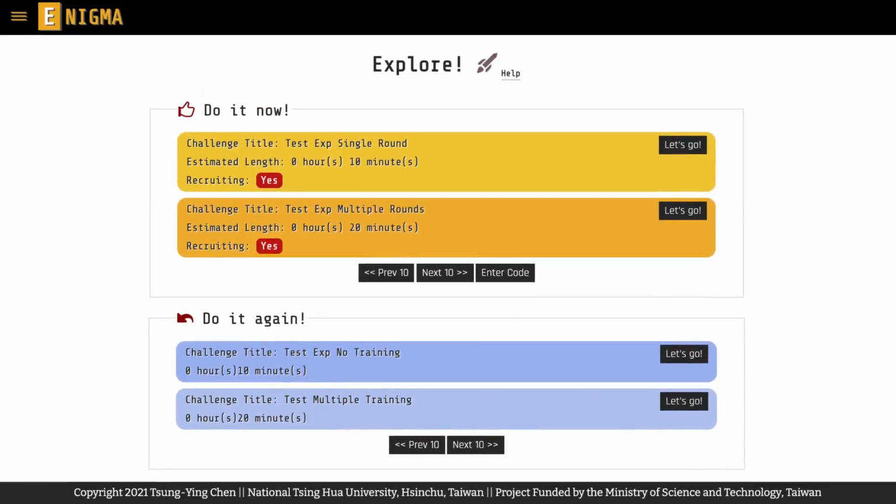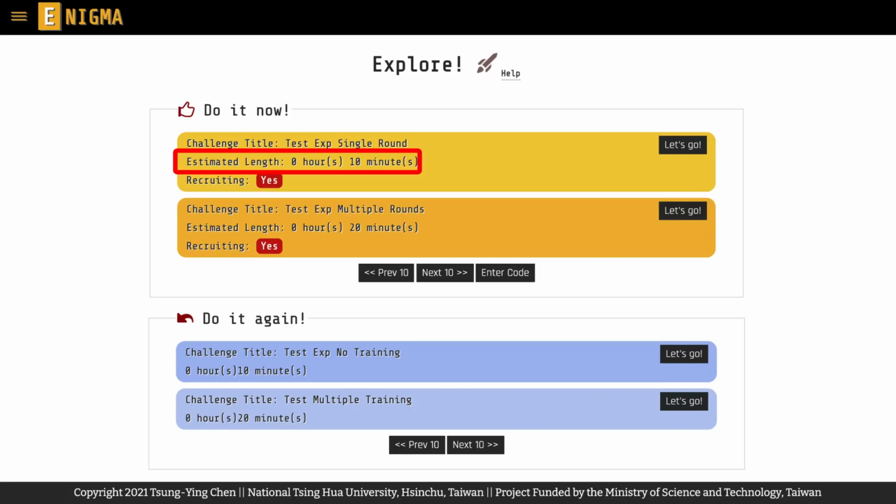For each challenge, you will see some critical information, such as the title of the challenge. You can also know how much time you may need to complete all challenge sessions from the estimated length. Note that sometimes you may see a lengthy challenge like 3 hours or 5 hours. Don't be scared away immediately. It might be the case that there are multiple short sessions in this challenge, which could be done across different days. It is just very unlikely that you will have to stare at the screen for a couple of hours.